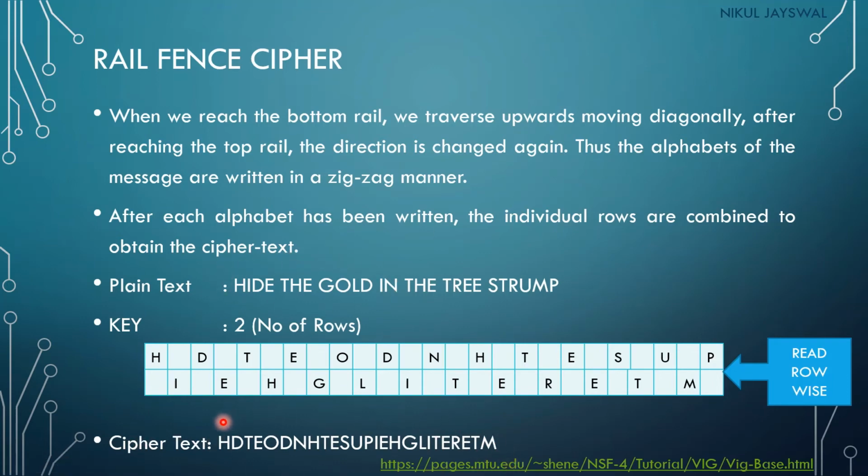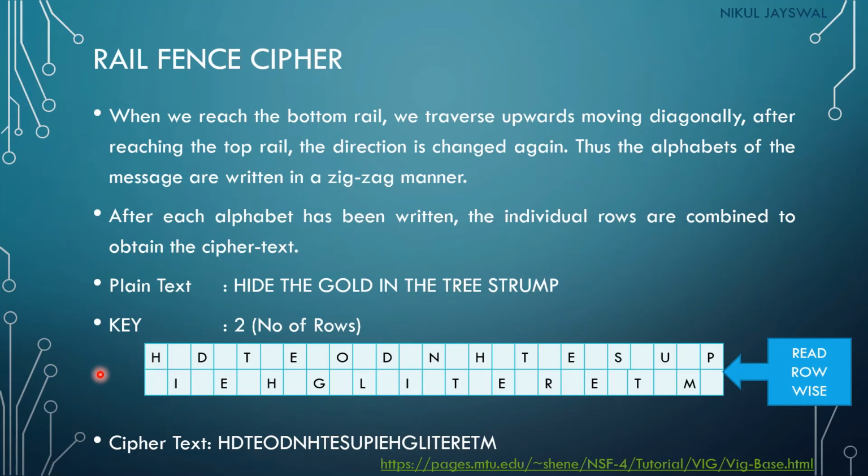So in this algorithm, we are just rearranging the plain text letters. Clear? So we change the position of the letters in the plain text itself. This is called the transposition cipher. In the substitution cipher, we change a letter with another letter. So in the shift cipher, Playfair cipher, Hill cipher, Vigenère cipher, in all these algorithms, we change a letter with another letter. But in the transposition cipher, we are rearranging the letters of the plain text. So this is how the transposition cipher works.